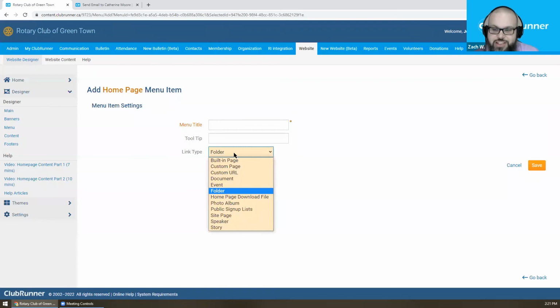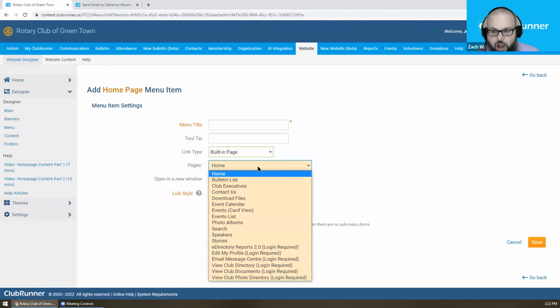So folder is a special link type just for the menu system. We're not going to talk about it too much here, but you can see we have all of these other link types. Built-in pages, so for common things like the club's homepage, your list of bulletins, your club executive page, the contact us. These are all of the big pages, the landing pages or the home pages for those things, right? So all of your bulletins, who your club executive is, your contact us page for the website,